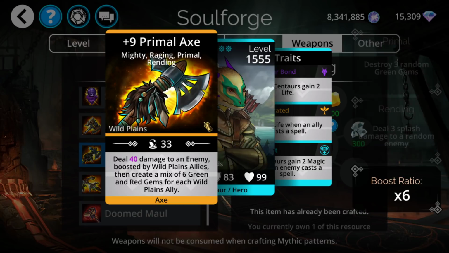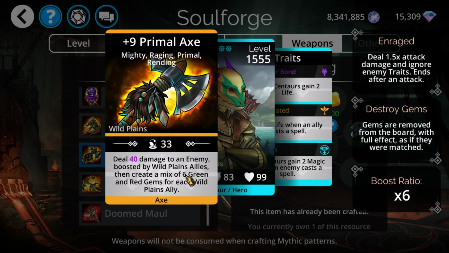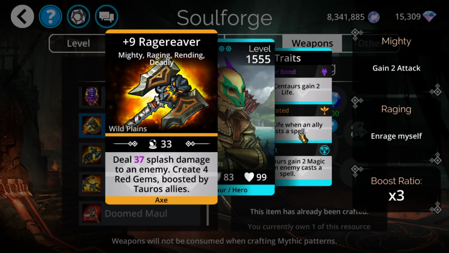It ends up creating a bunch of green and red based on Wild Plains troops, so it ends up getting some really good mana synergy within the kingdom, as both green and red are very sought after, and works very, very good if you have something like Ketras the Bull as well, if you want to synergize it into that regard. Other than that, Rage Weaver, in the current state of the game, doesn't really have much of a synergy,